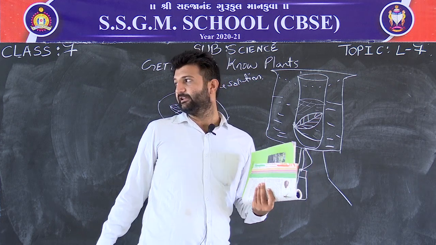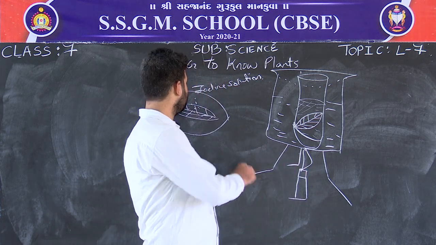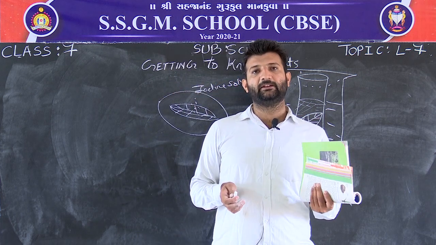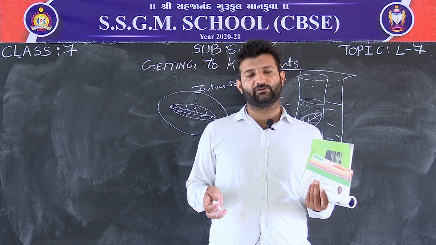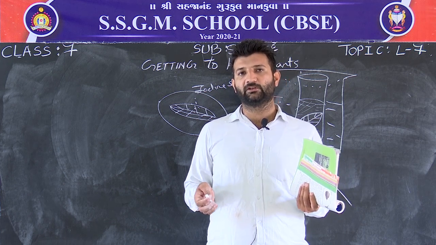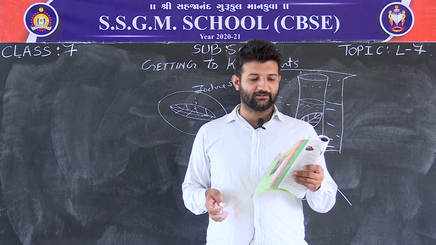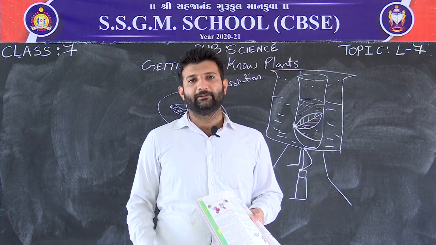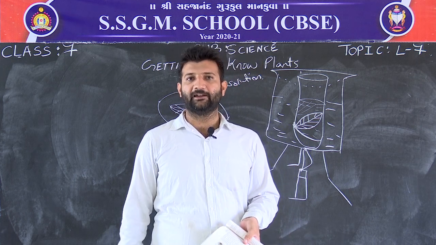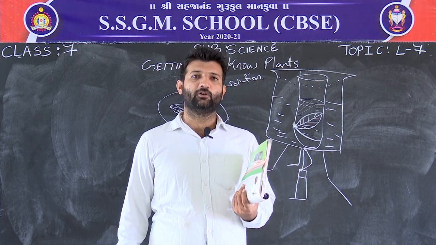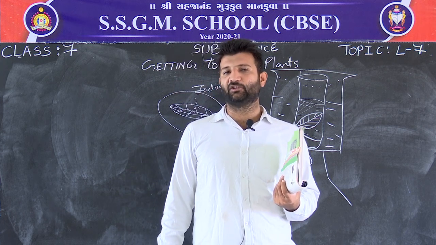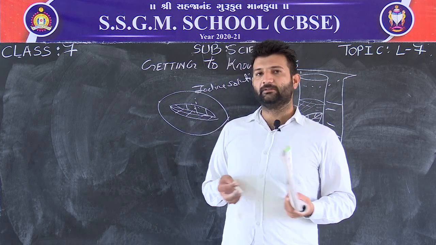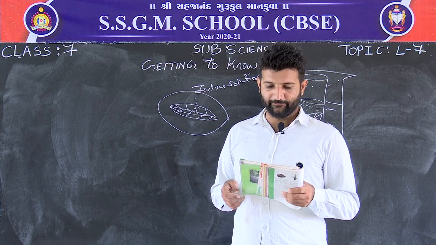So, by this activity, you will see that the color is totally removed, and after putting iodine solution, the starch test will not show positive. So, no blue black color will be observed. Also, they are talking about the process of photosynthesis. Photosynthesis is the process by which green plants prepare their own food with the help of carbon dioxide, water, minerals in presence of chlorophyll, that is the green pigment which is present in the leaf.